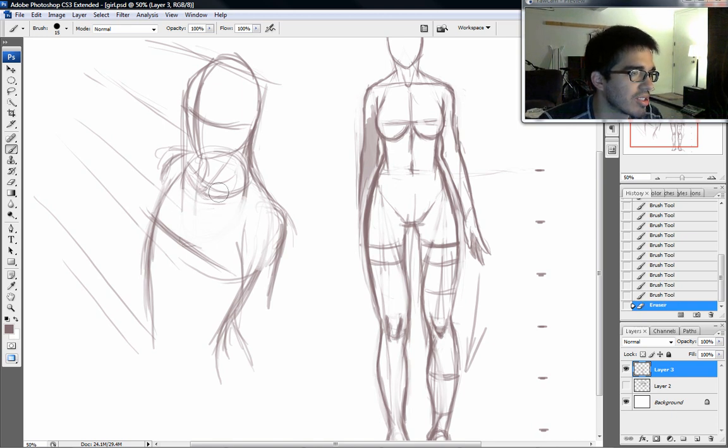So anyway, just erase all that. Obviously you don't always have to draw the tube with a head in it, but eventually once you get the principle down, you'll be able to just eyeball it. And that is the magic. Okay, so